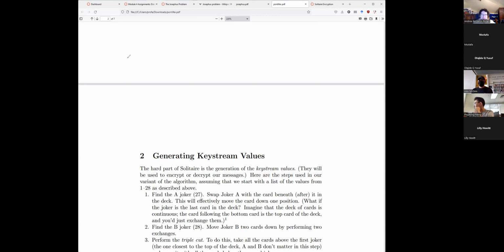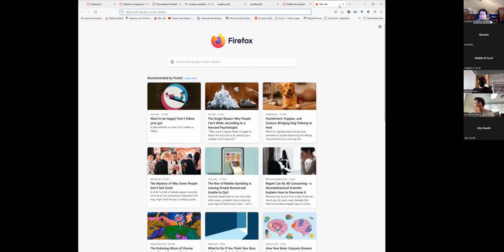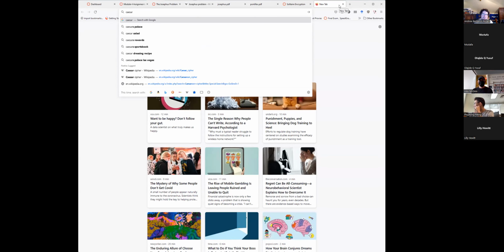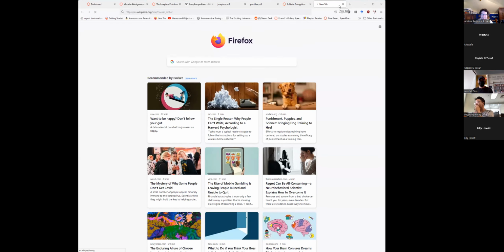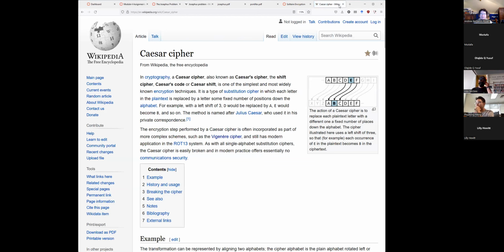But the point being here is that the Romans had the first big cipher that was really in use, which was named after Caesar. This is the Caesar cipher, also known as the shift cipher. Basically, the idea here is that we would send our messages in Latin. Now, barbarians, being people who couldn't